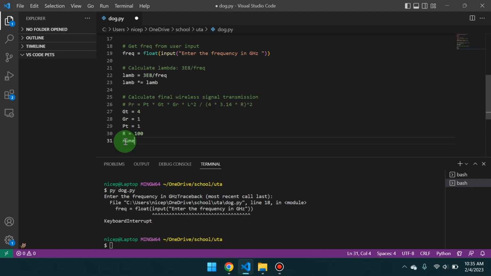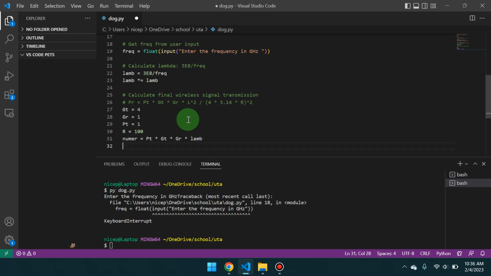So I'm going to create a numerator and set that equal to PT, which we already have as a variable right here, times GT, which we have as a variable right here, times GR, which again we have as a variable, times our lambda squared. But we've already squared our lambda here, so I can just say lam. And for our denominator, I'm going to set that equal to,